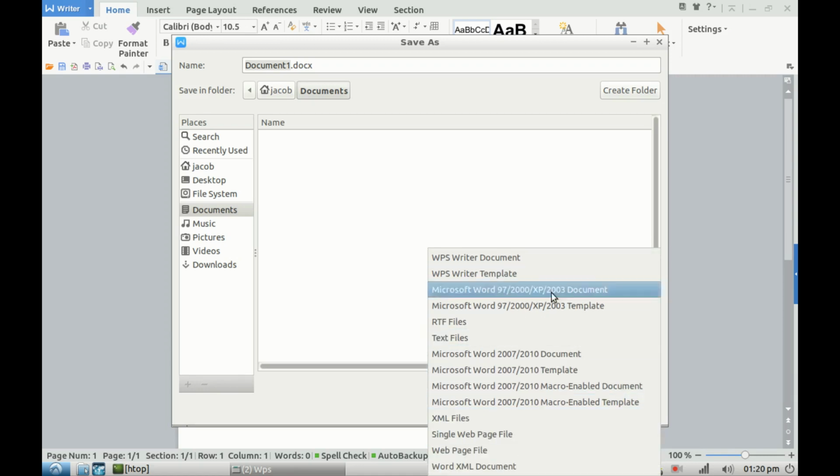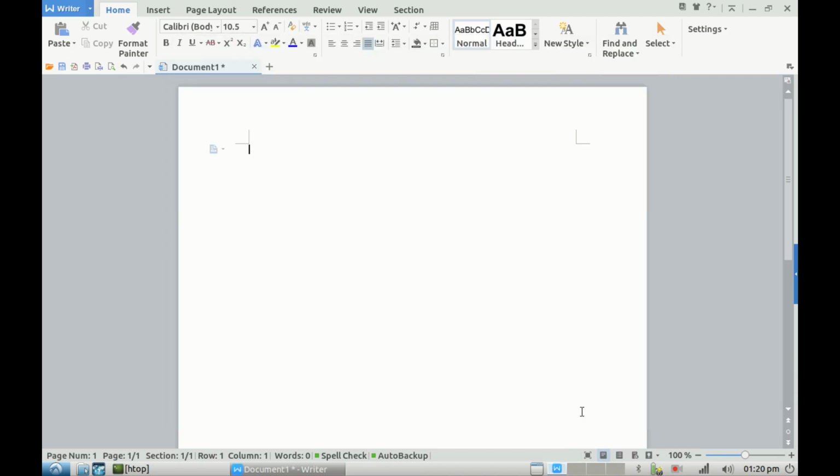So you can see it's got a decent selection of formats, but I really, really wish the WPS team would work on the OpenDocument format as well. That is something that I think is a necessity for a writing program such as this. Other than that,